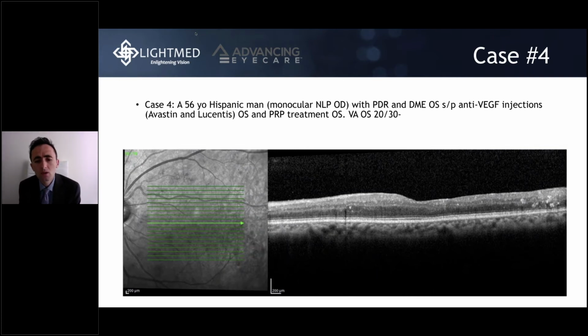When you think about the multiple injections, with every injection, there is a very tiny, small risk of endophthalmitis or infection in the eye. And this is a monocular patient who has only this eye that he can use to see. So he has had multiple injections, and his vision is still 20/30 with a little bit of off-center diabetic macular edema. So I decided to go with the